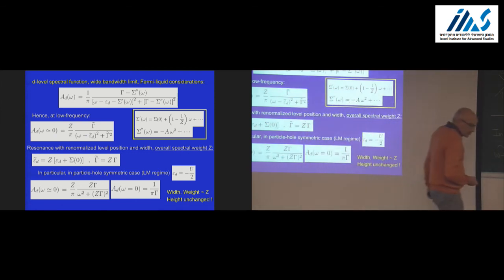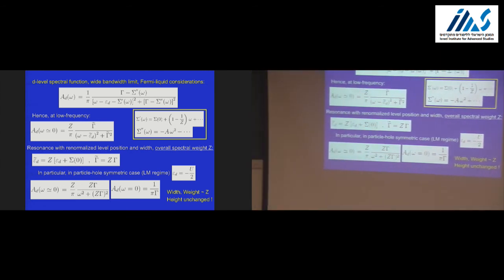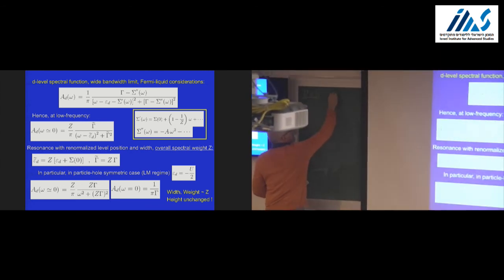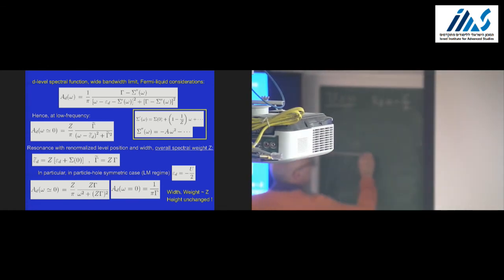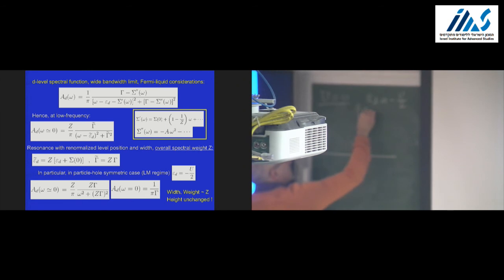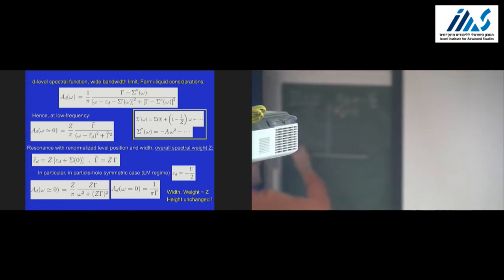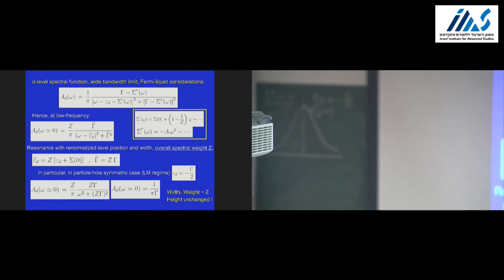So this is really important, because what has happened is that we evolved somehow from a situation at u equals 0. I'm discussing the particle-hole symmetric case where epsilon d equals minus u over 2. Okay? So at u equals 0, this is 0. And we had the imaginary part of the Green's function for the non-interacting problem, which was a Lorentzian of weight 1, of course, and of width gamma. That was just our Friedel